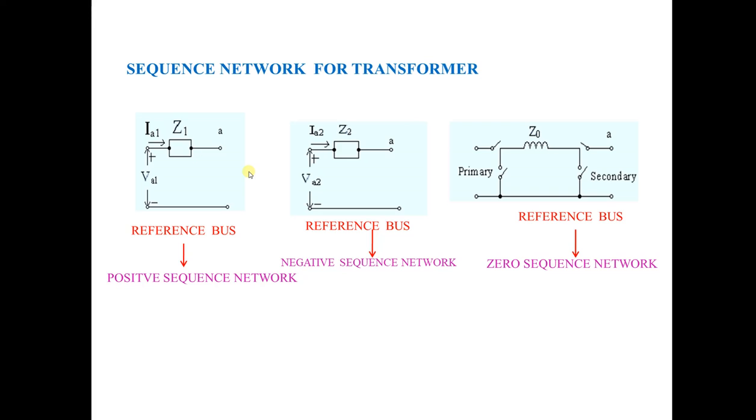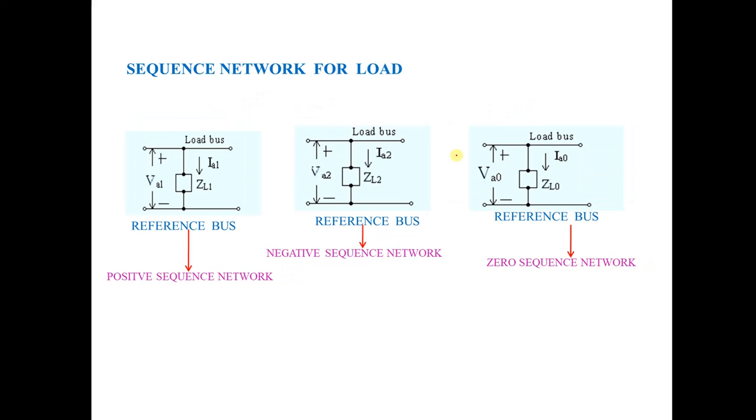Next is the transformer. The positive sequence will be equal to the negative sequence. Only the terminals are changed, but positive and negative are both equal. The zero sequence impedance of a transformer depends on whether there is a circuit for earth current. If there is no path, it is infinite; otherwise it is equal to the positive sequence. The only condition is for earth current. So these are the sequence networks for the generator, transformer and transmission line.